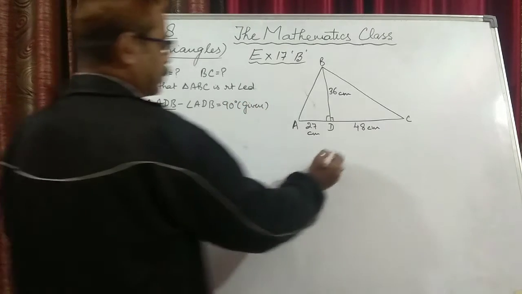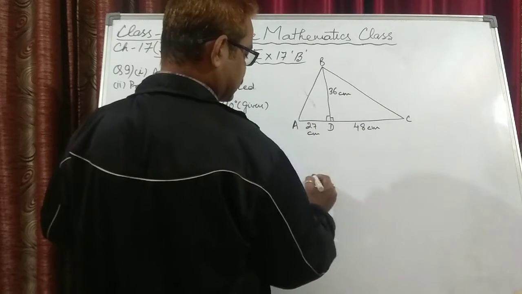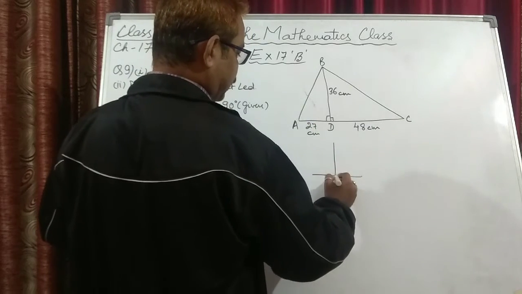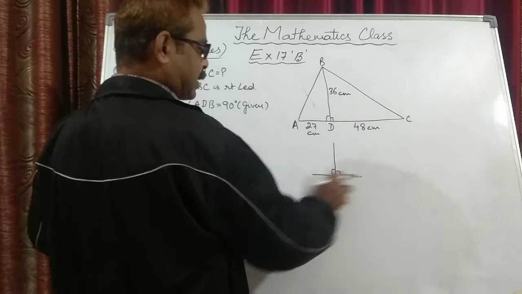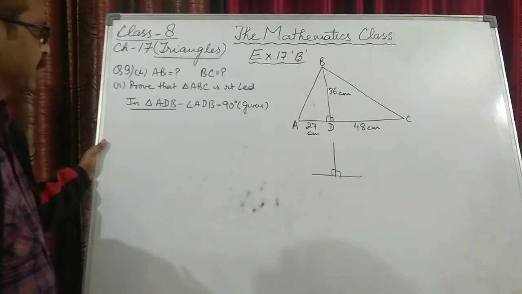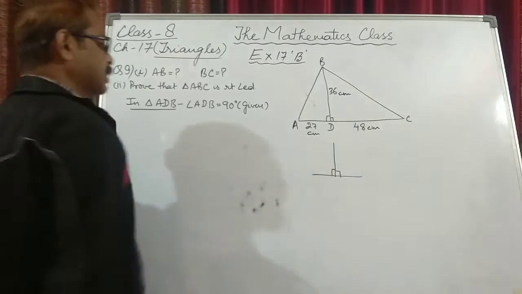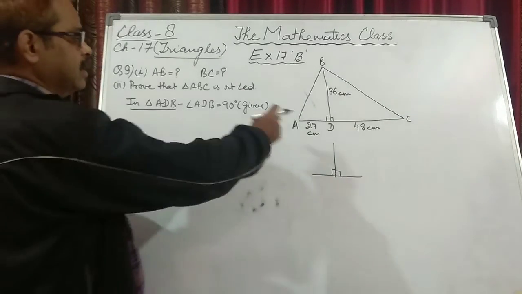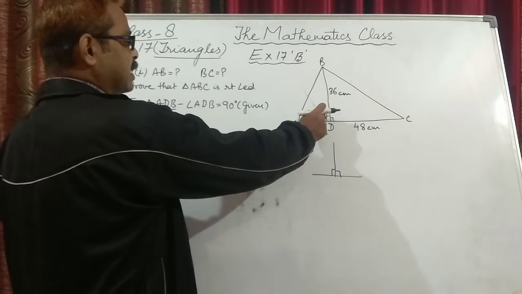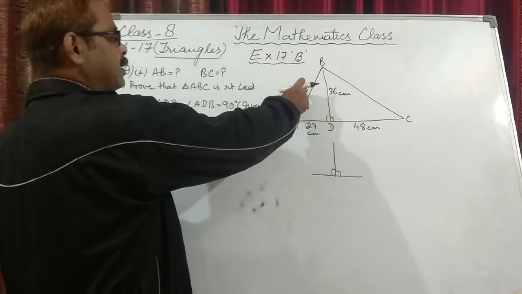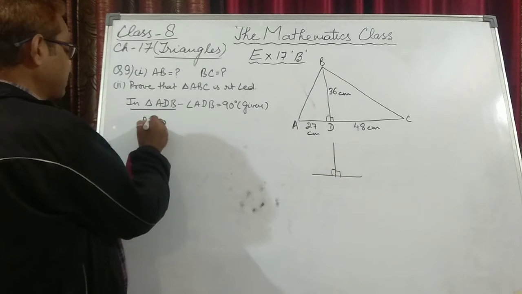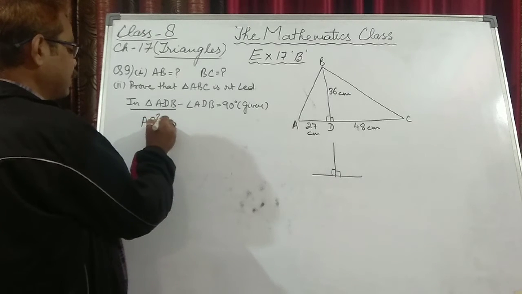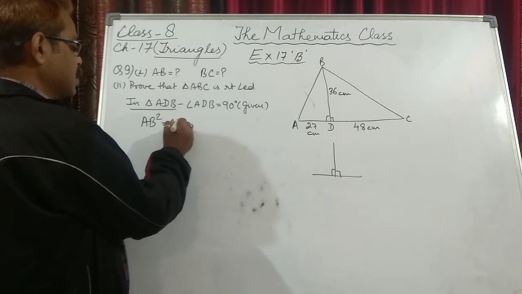How is it given? Because this is AC, on AC a perpendicular is drawn, so this is 90, and at the same time this is 90, because a straight line is always equal to 180 degree. So ADB is 90 degree. Now in triangle ADB, angle D is 90 degree, so the side opposite to it will be the hypotenuse, and that is AB. So we can say, according to Pythagoras theorem, AB square is equal to the sum of the